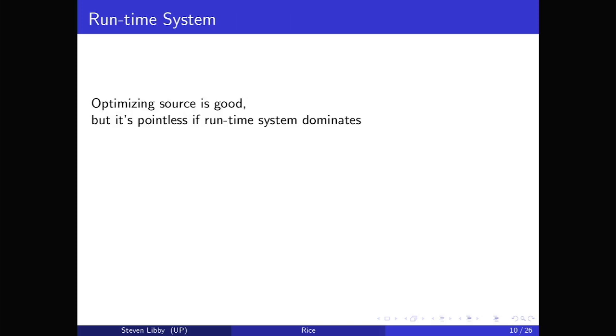Great. OK, so that's the compile time optimizations. The implementation of those is pretty easy, but a big part here is I've optimized the Curry code. That's great. If my runtime system is slow, that doesn't really help me much. If I'm spending most of my time just dealing with common tasks in the runtime system, then it doesn't really matter how much faster I make my compiled code. I mean, it does matter, but not nearly as much as the runtime. So I want to make sure my runtime system isn't just wasting a bunch of time. So